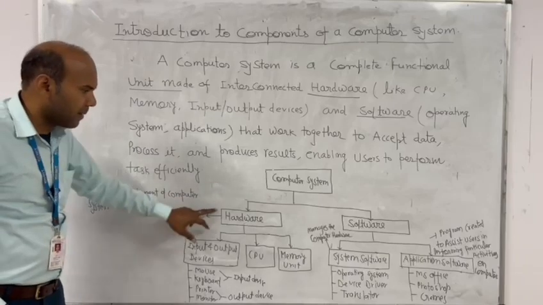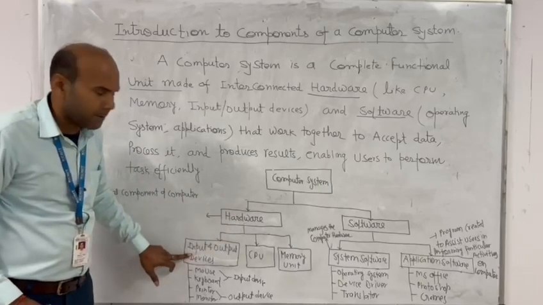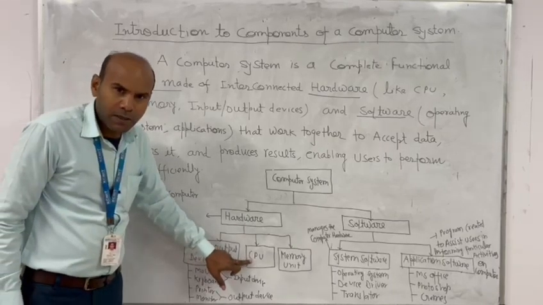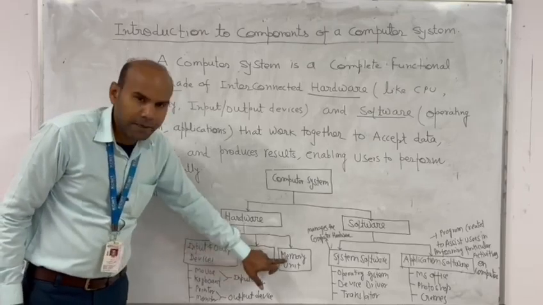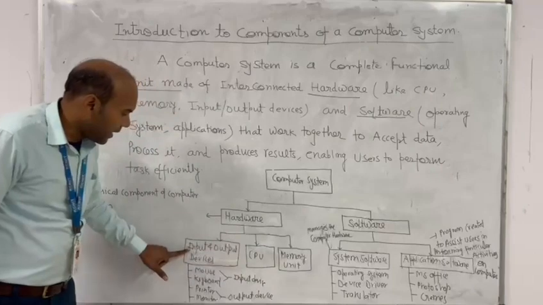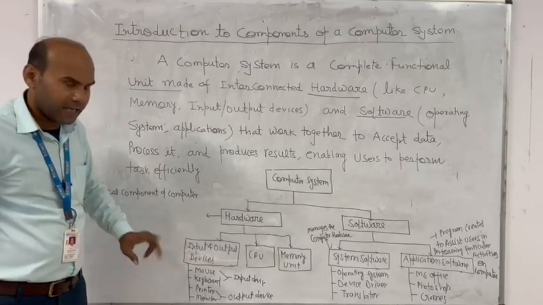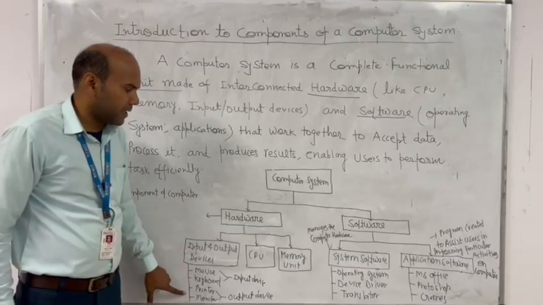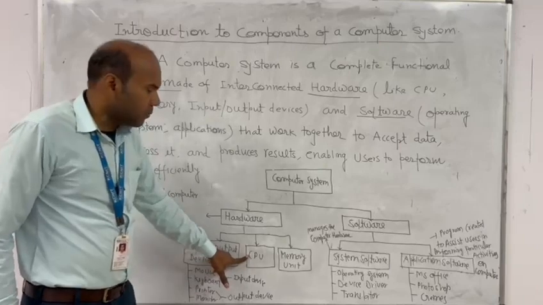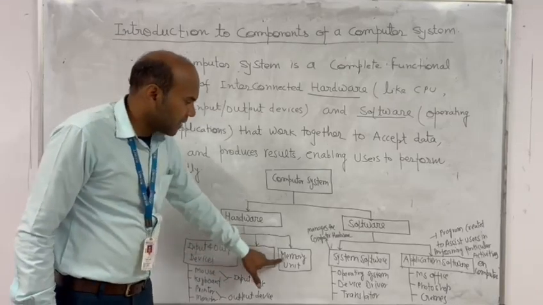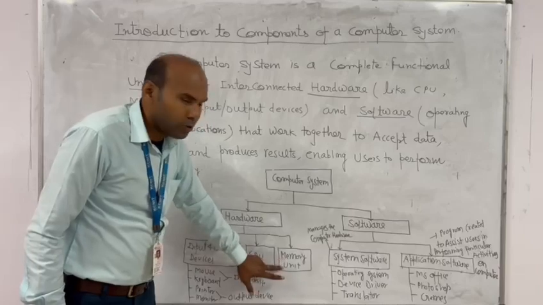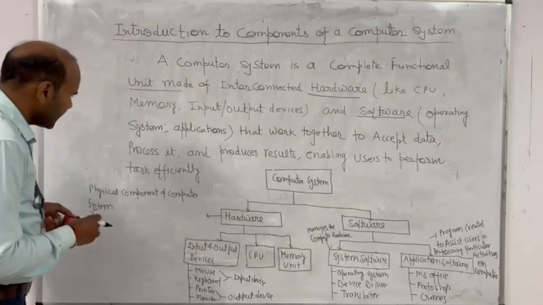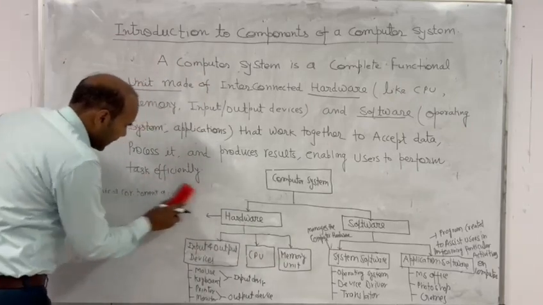Hardware has four major components. Basically, hardware is a physical component categorized into four major parts: input device, output device, CPU, that is the processing unit, and memory unit. Input devices are like the mouse and keyboard, and output devices are like the printer and monitor. The CPU is used for processing the data, and the memory unit is used for storing the data. And basically, this is designed like this: